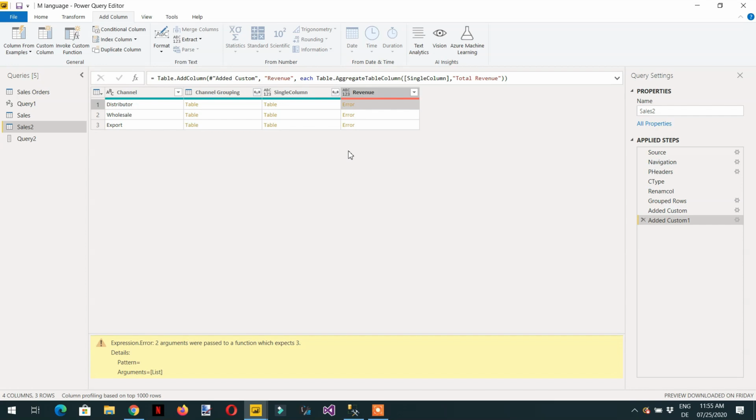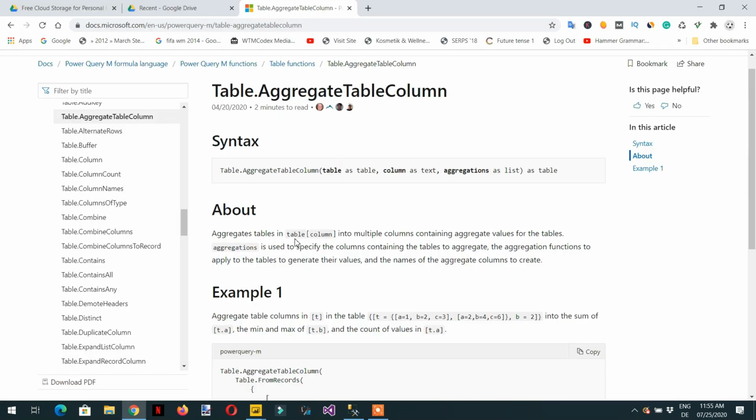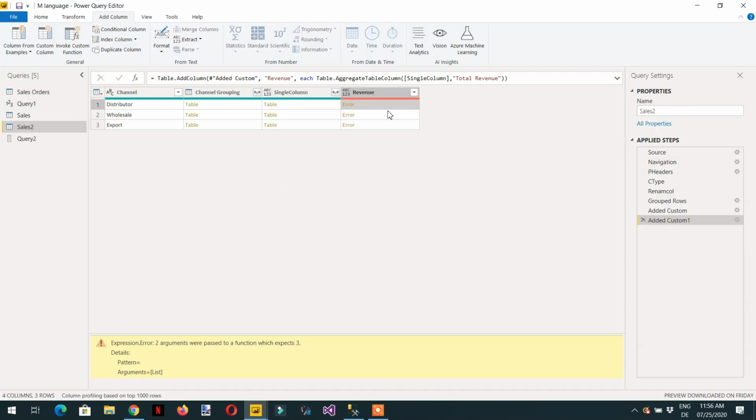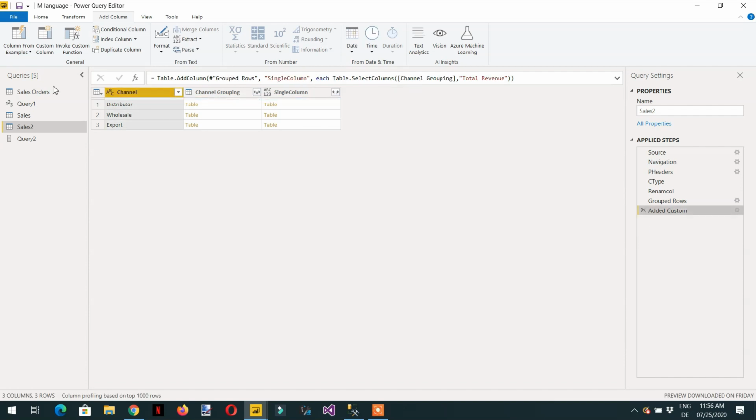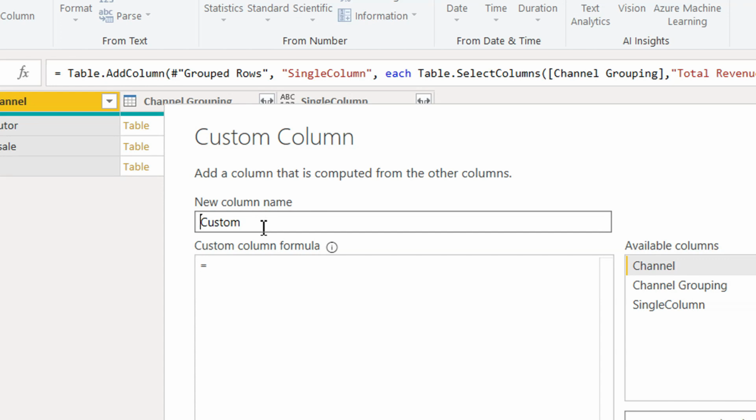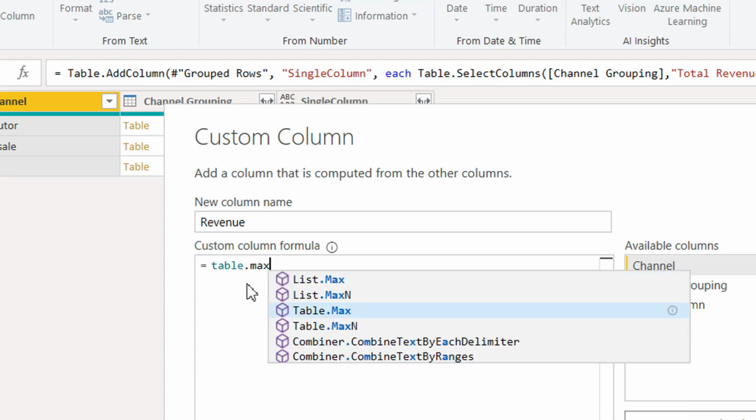So this formula will not help us because according to the documentation, aggregate table column aggregates into multiple columns containing aggregate values for the table. So this is not a useful function at the moment, so we can delete it, and here we can write one more function. So we need to click here, we need to write revenue, and then we have to write a table.max,